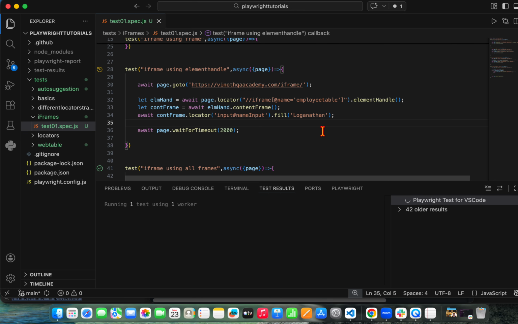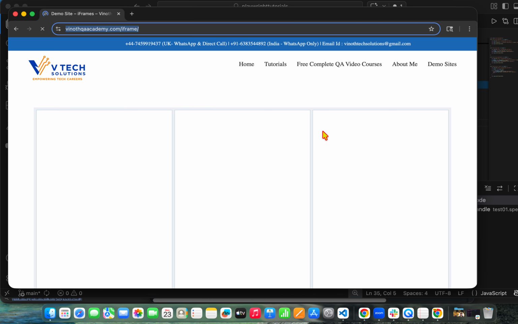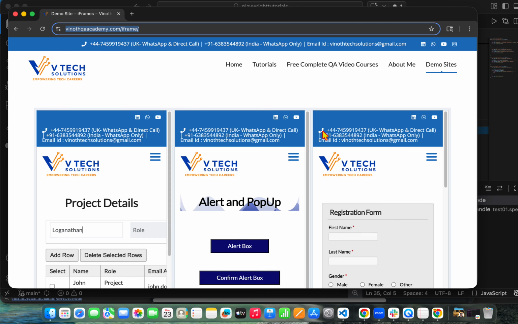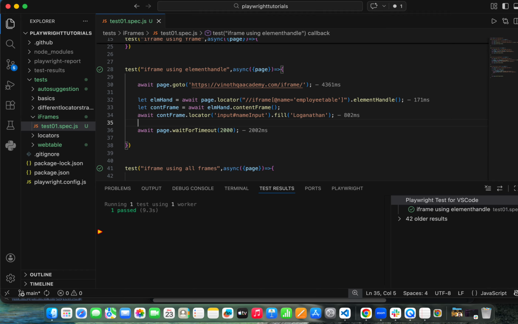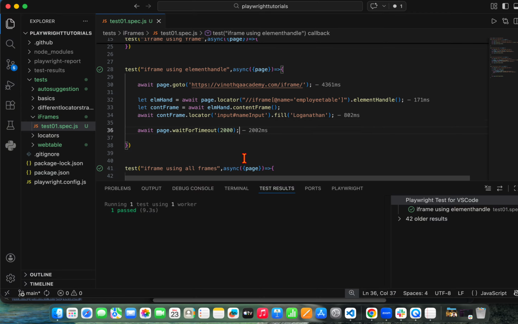ElementHandle. It already entered my name, waited, and then came out. And it says it is passed. So how can we do this? First is creating the ElementHandle. For creating the ElementHandle,